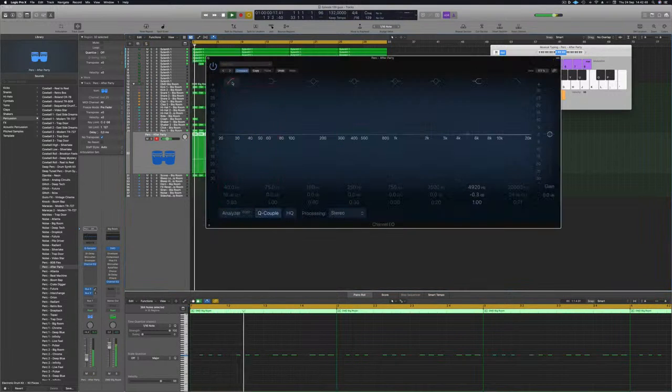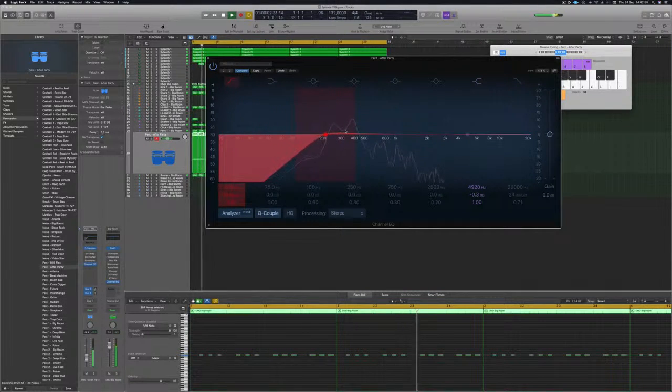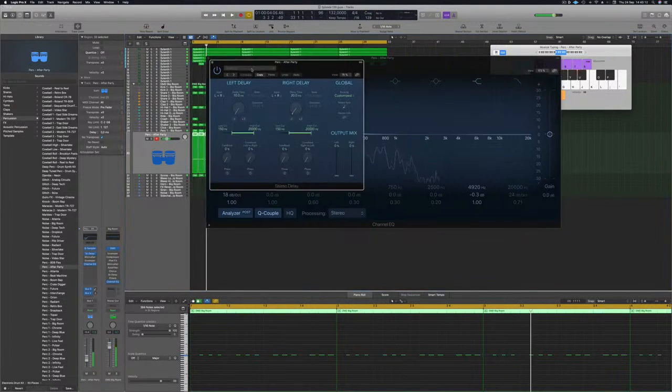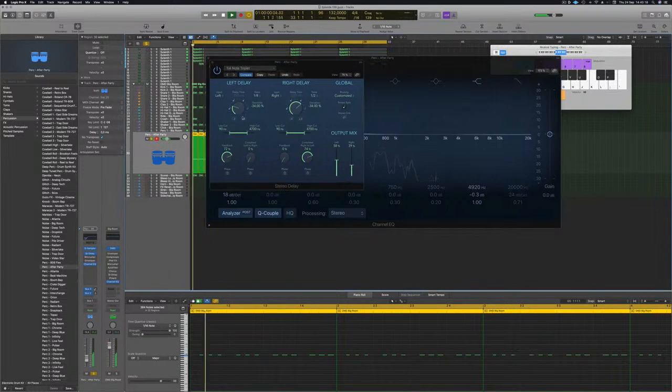Make sure there's not too much lows in there. There's quite a bit of lows, so cut it. But then I like this little resonance there. In the mix, when it's really mixed properly, I'm gonna get it to sit exactly where I want it. Maybe add a little delay to add some juice to it. Maybe not that, but